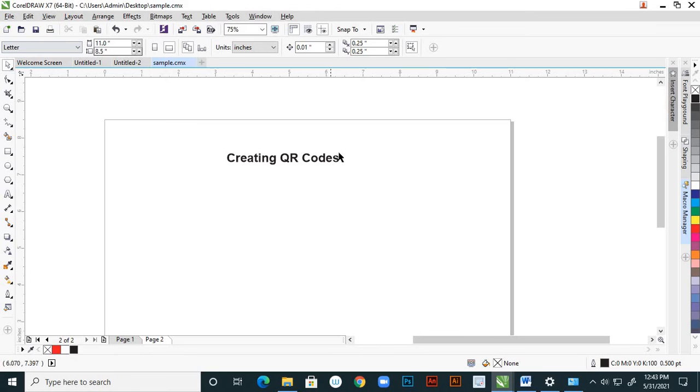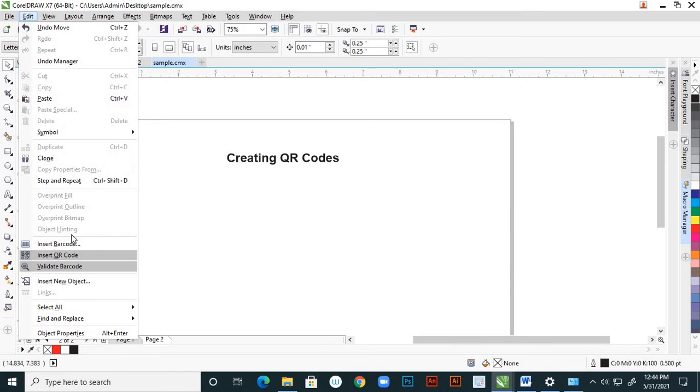Now see, suppose here I'm using CorelDRAW X7, that old version. So we have to import some macros, right? Actually, if you observe here, Insert QR Code is not active, right? So I already imported those macros. Those macros are available as free macros from the internet.